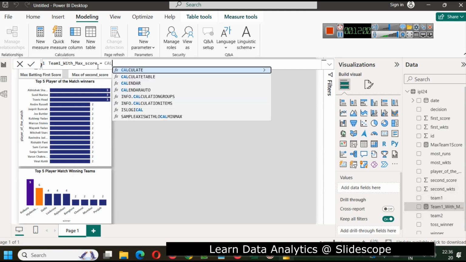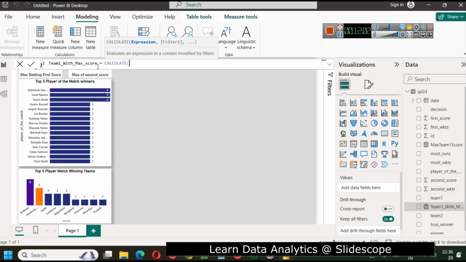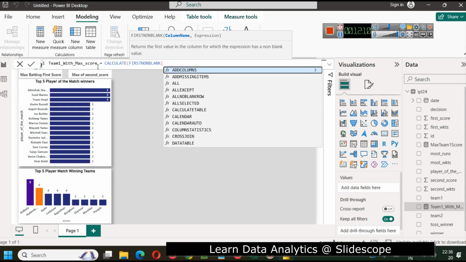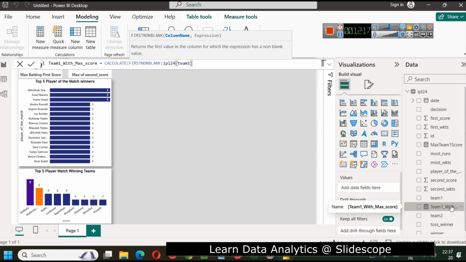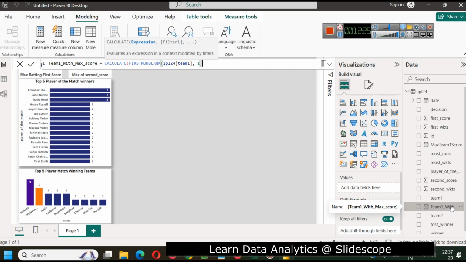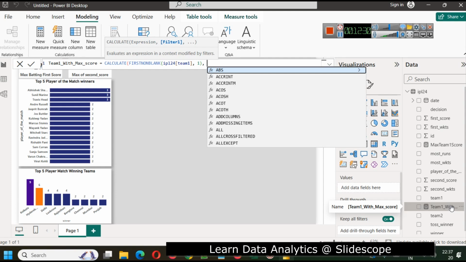So here you will write CALCULATE. In CALCULATE you have to write your first expression. The expression that we are going to use is FIRSTNONBLANK. The column that we are going to select is team 1. So FIRSTNONBLANK from team 1, and we will just write 1, to return the first value in the column. Okay. So this is our expression, and the filter that we are going to use is